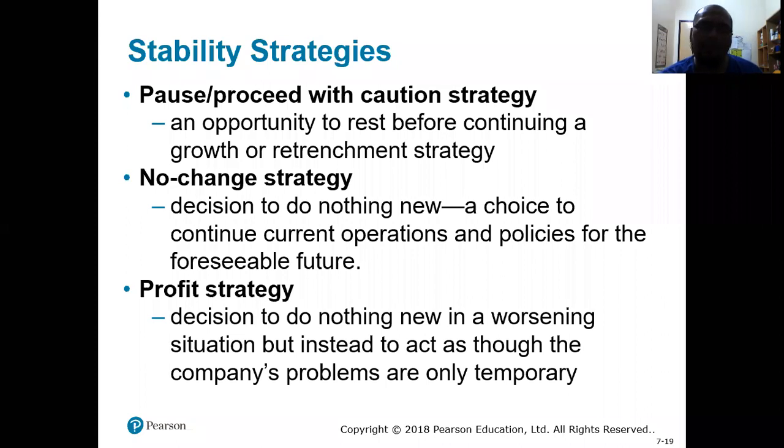They are happy just to make profit from that particular product, in which they made a lot of investment earlier during the growth stage. Now at the maturity stage, they don't invest anything new. They just sell the same product, and the same product keeps on giving them cash. So this is what we call the profit strategy.